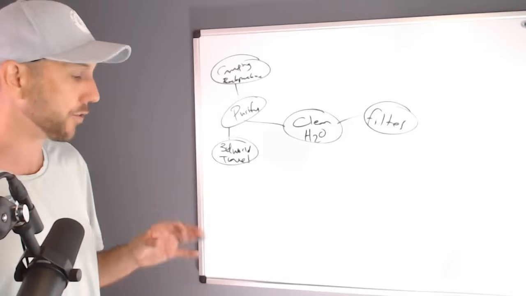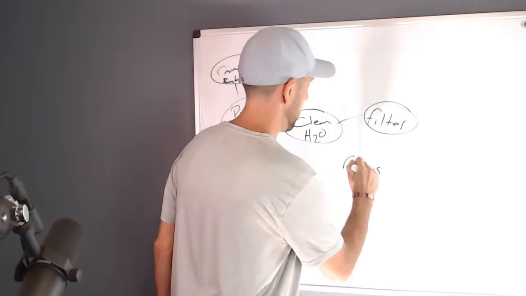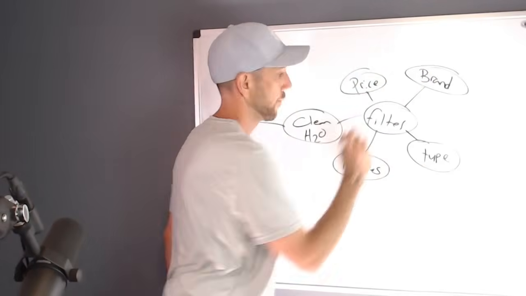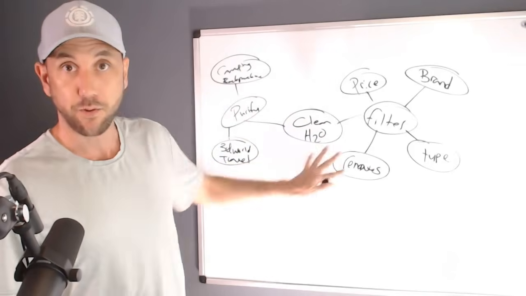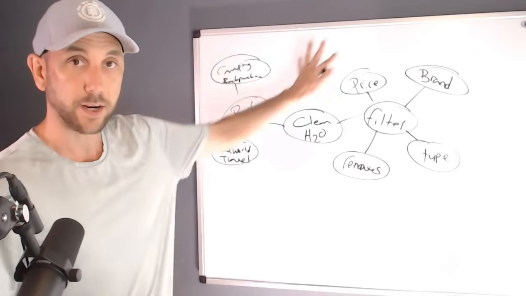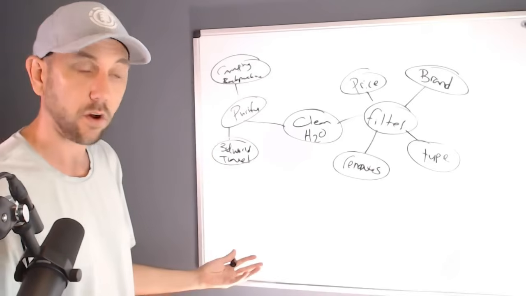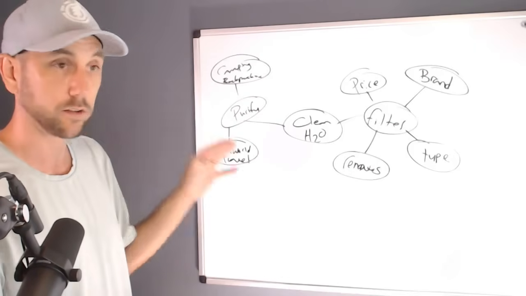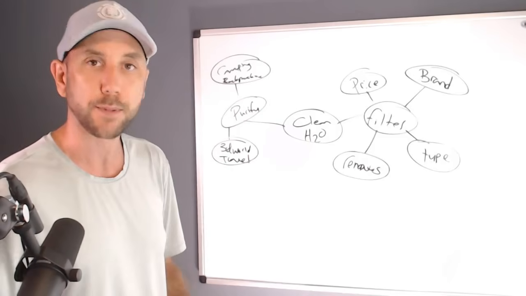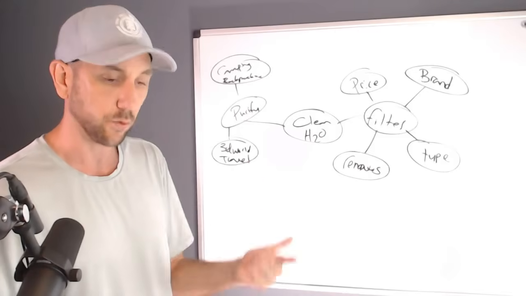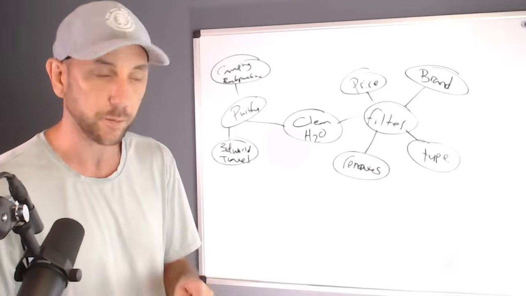So off of the water filter, there's a few ways we can go about it. There's what it removes, there's the price, there's the type, and there's the brand. So let's put those up there. You can already see that we're starting to broaden out, and I'm going to follow these down a little bit more here because I think we're going to have a lot more options in this section than this section, and I just want to get all my ideas out on the board here to kind of really see what's going on. So we're going to go down to the removes first, and I know a few of the things that commonly people want to remove from their water is fluoride, chlorine, arsenic, VOCs, which is volatile organic compounds, which come out from farming, etc., etc.